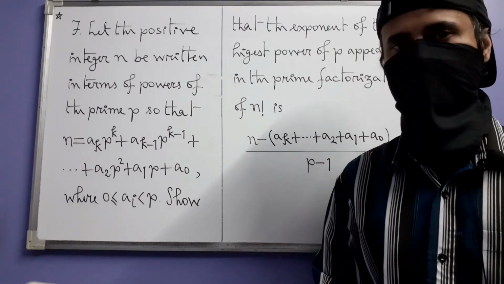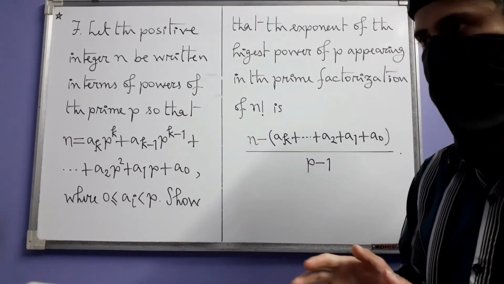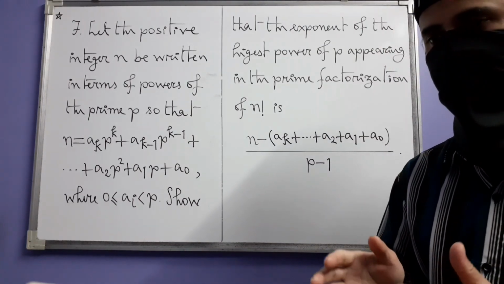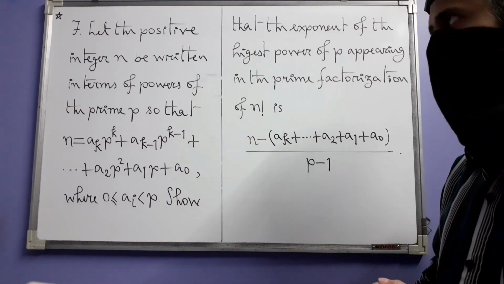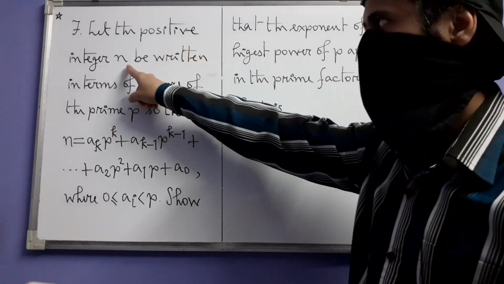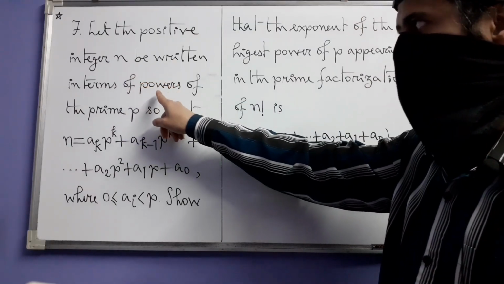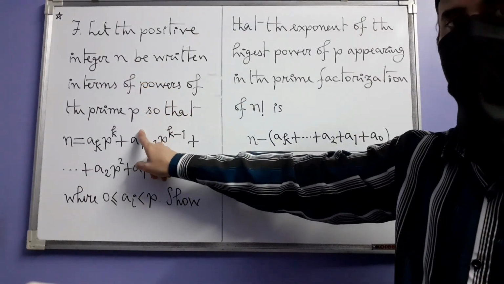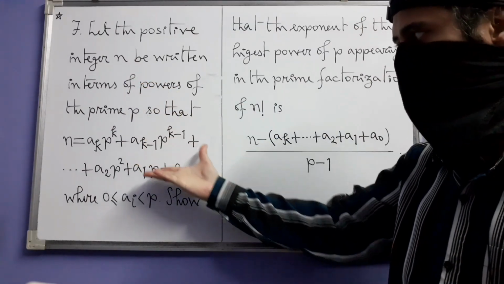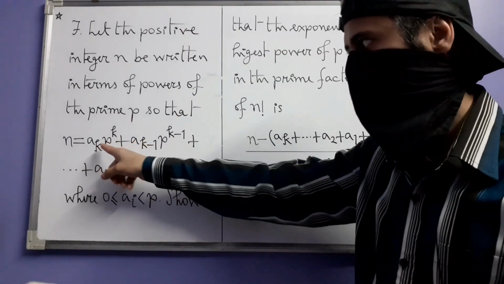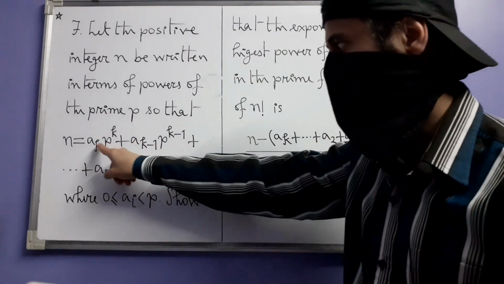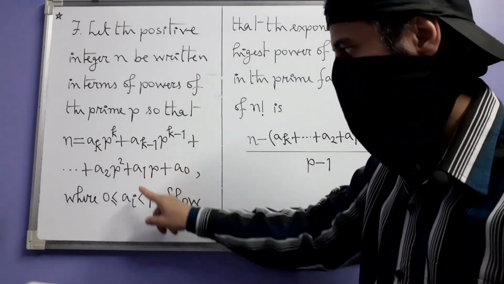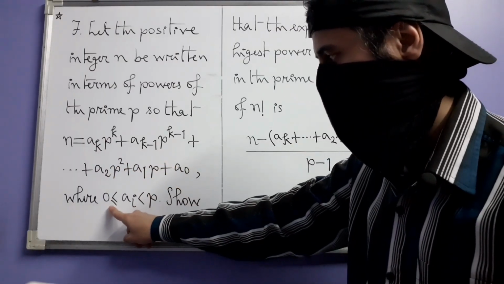The next exercise actually is number 8 that we want to do, but that depends on exercise 7. So let's first see 7. In this one, we have a positive integer n which has been written in terms of powers of some prime p, like this. N is a polynomial expression in p where the coefficients, these ai's, are integers which are non-negative